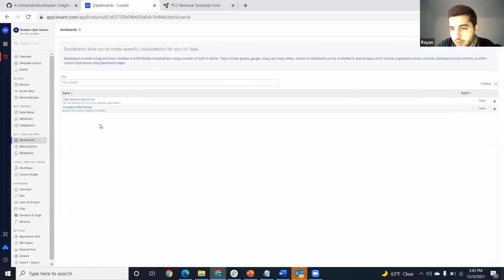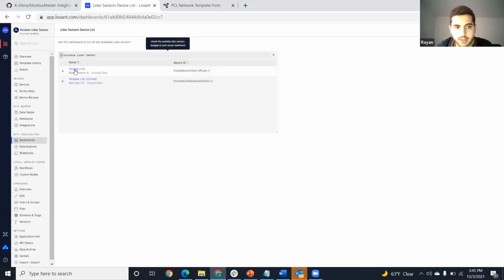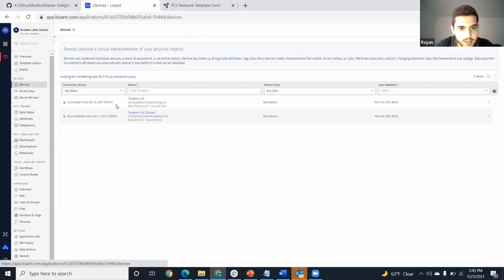So I created two dashboards. The first one will show me the list of available devices. This is the device installed in my room, and I can just add some fake devices just to see how it works and get some fake data. And if I go to the device section,